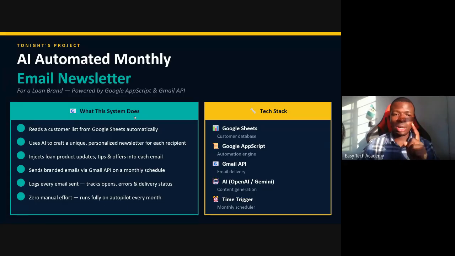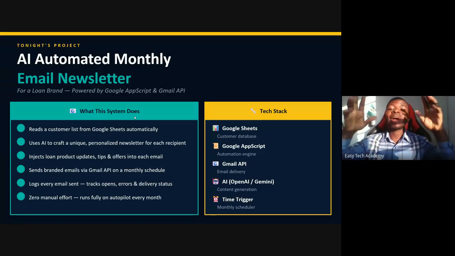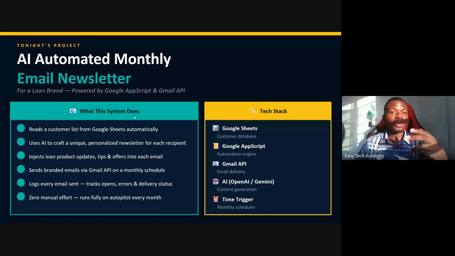What this system does, number one, it reads the customer list. The first thing you need to do is compile all your customer emails, because, of course, it's an email newsletter. Number two, we now use AI to craft a personalized newsletter for our customers. Number three, we're going to ingest loan products, loan updates, loan tips, loan offers into the